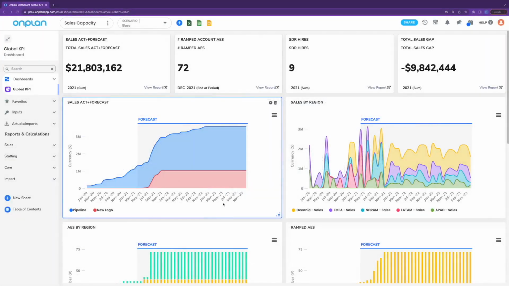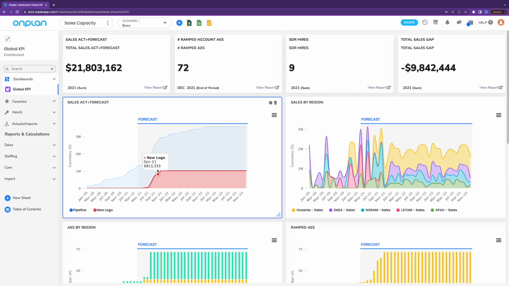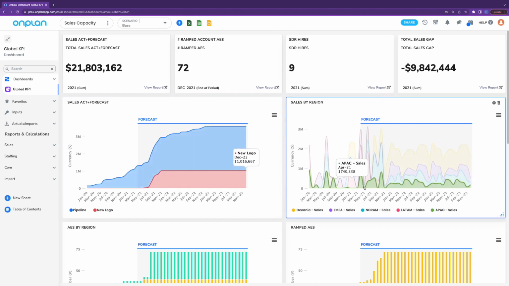As with every OnPlan app, the Sales Capacity app includes a pre-configured dashboard to visualize and analyze your company's performance, like these KPIs highlighting all the key elements of your business. This chart allows you to visually observe and analyze your sales growth over time. Likewise, this chart on the right represents all of your company's sales broken by region, and you can then continue